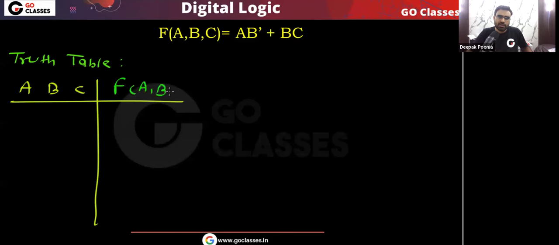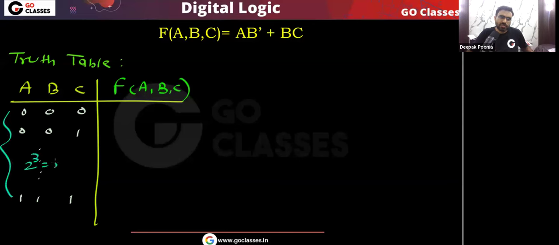Because we have three variables, there will be a total of 2 power 3 rows. We will start with 0 0 0, then 0 0 1, and so on, up to 1 1 1. That simply means there will be a total of 8 rows, and for all these 8 rows we will find the function value.